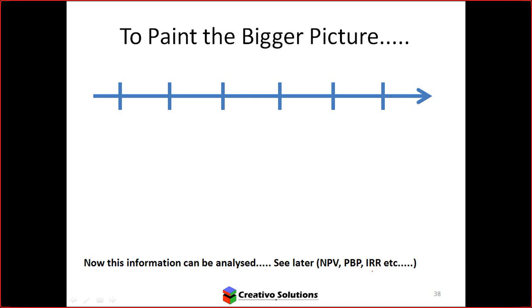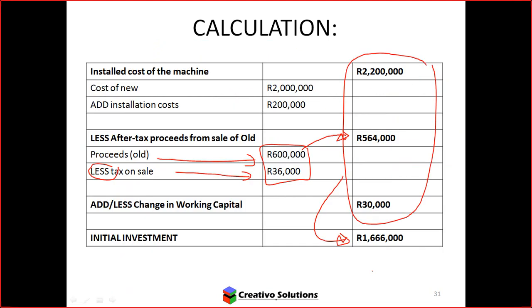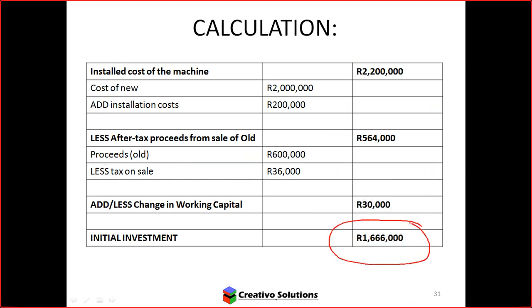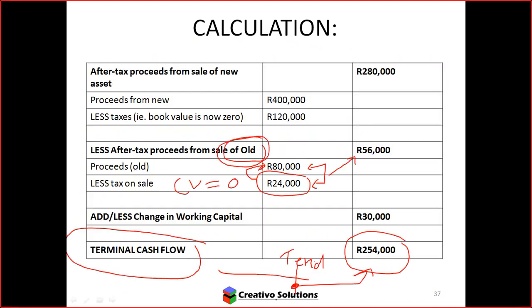Let's paint the bigger picture. What does all of that look like? Tammy, go back to your note and give me the initial investment. What is the initial investment? First calculation, we did the initial investment of how much? Sorry, I mixed up these papers. Let me go back to it. Look at the screen. 160.66. So if I go to my diagram,